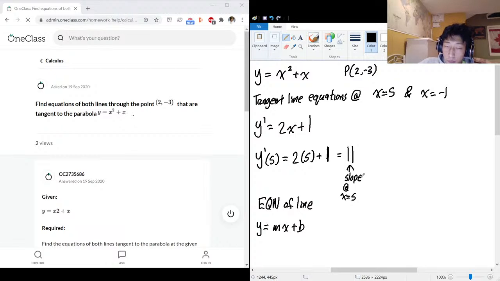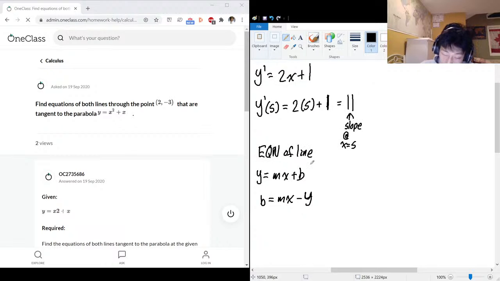We found our m, which is our slope, 11. We just need to now solve for b. Once we sub in everything, b is the only unknown. Let's first isolate b. So b is equal to mx minus y, which is equal to 11